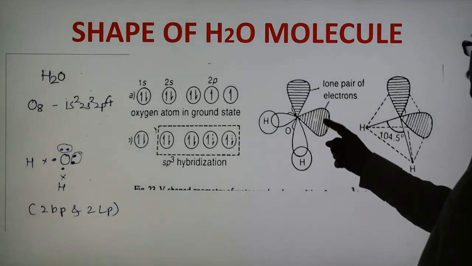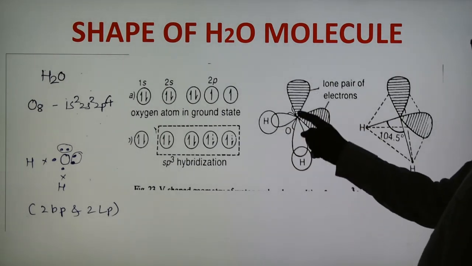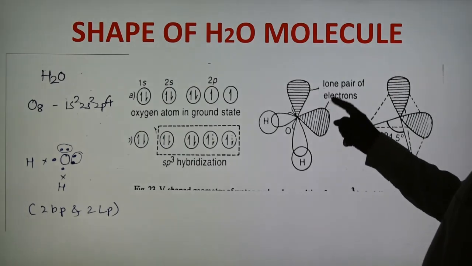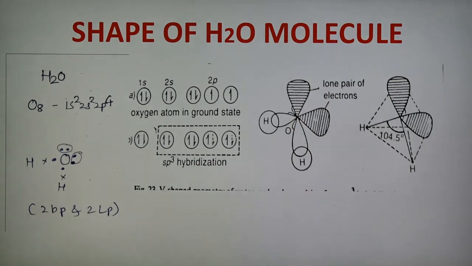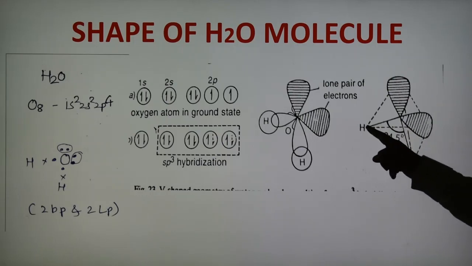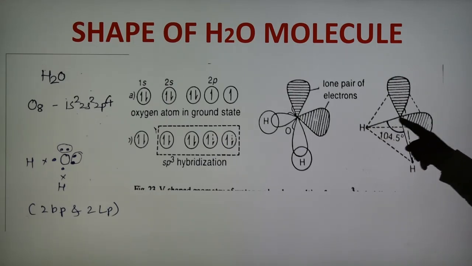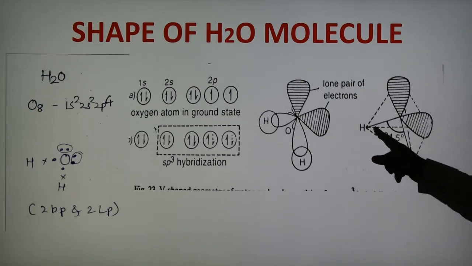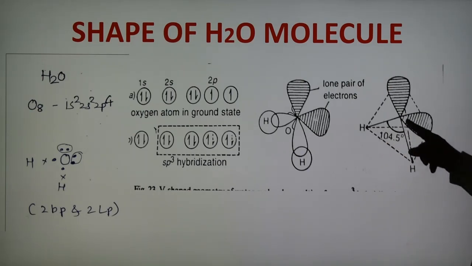So these are the 2 lone pairs and these are the 2 hydrogens. Oxygen is at the center. So this is the lone pair of electrons and these are the 2 bond pairs. So shape is tetrahedral. But again now, due to the presence of two lone pairs of electrons in the molecule, here the shape is also considered as a V shape, angular shape or bent shape. So this is the H2O, H-O-H, and this bond angle is 104.5 degrees.